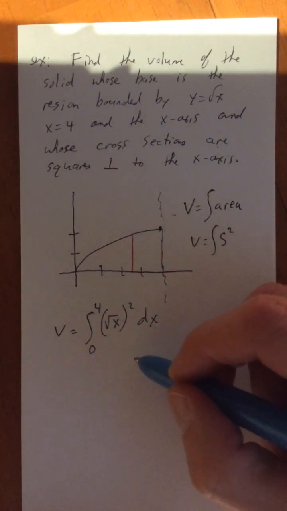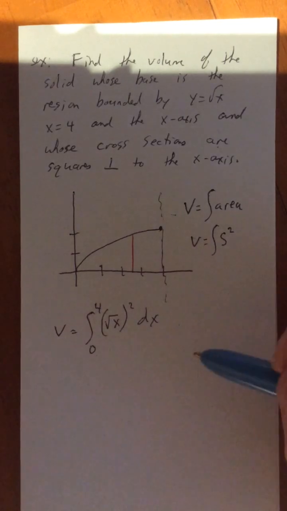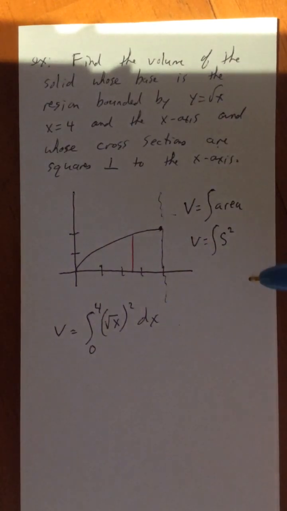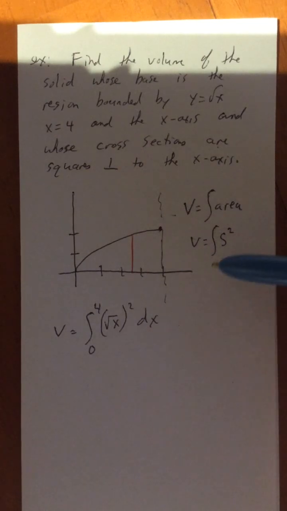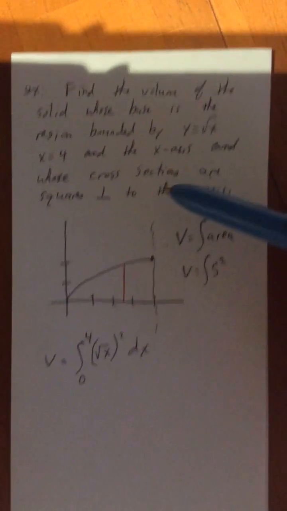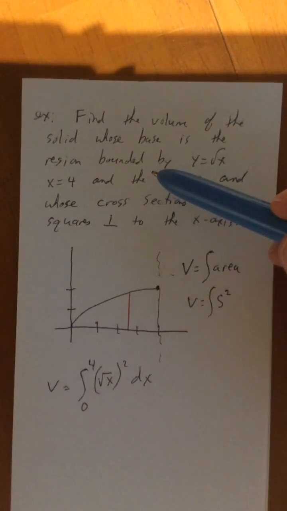And then sorting this out should be very simple, right? Squaring the square root of x is just going to be x. And then we're going to plug in 4 and 0, so it's just going to be 4. So that's actually pretty simple. So I'm just kind of reviewing here the idea and showing you what this thing looks like in terms of